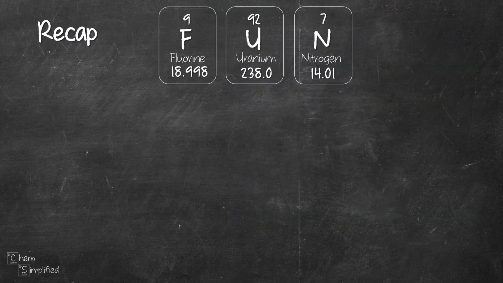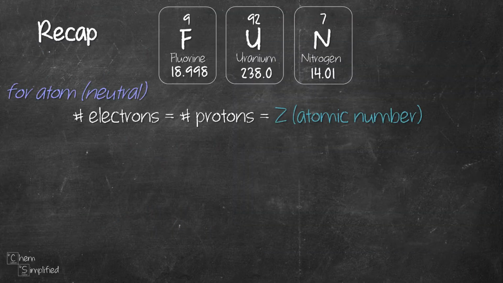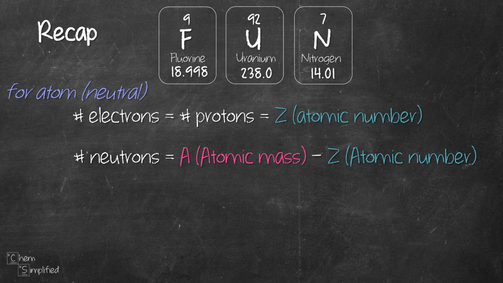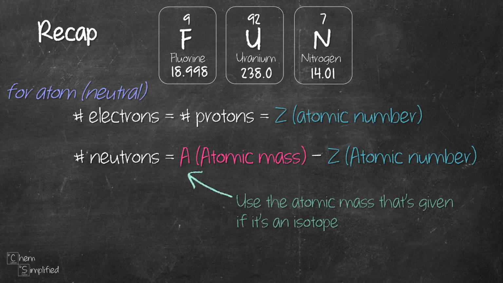To recap, for an atom, which is neutral, the number of electrons and protons are the same, which is the smaller number in the periodic table. The number of neutrons is the atomic mass minus atomic number, meaning the larger number minus the smaller number. If the question is asking for a specific isotope, be sure to use the given atomic mass for that isotope. Last but not least, the number of protons, neutrons, electrons, they should all be whole numbers, no decimal